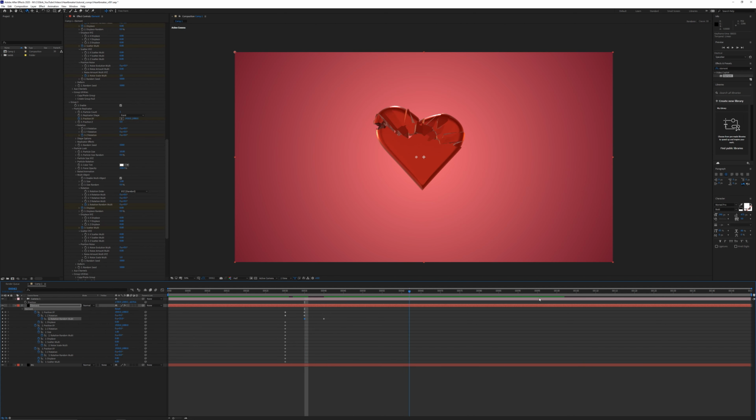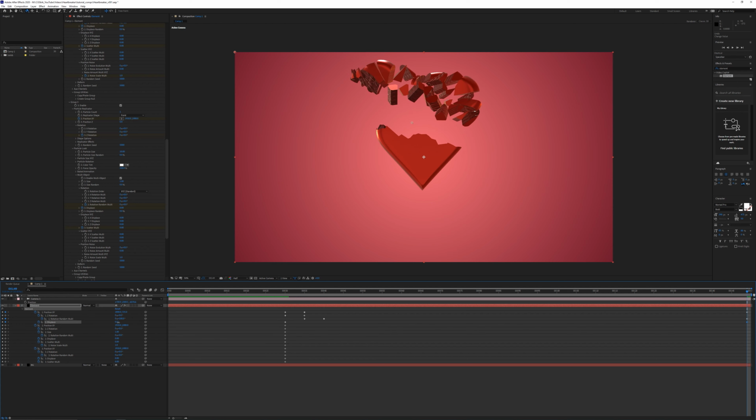And then for the displacement, we can actually have the displacement start just a little bit offset here at frame 35. And then for the rest of these, we're going to go all the way to the very end, so frame 149, and then we can start just expanding this out even more. For the position XY, we can raise the height up, so just lower this parameter here. For the rotation random multi, increase that, something like 100 degrees, so we pull that out here. And then for the displacement, we can increase that so it's like 0.5, so those pieces kind of fly out like this. So it's going to initially shatter, and then they're just going to slow down as they fly out. And we'll worry about doing the easing in a little bit later.